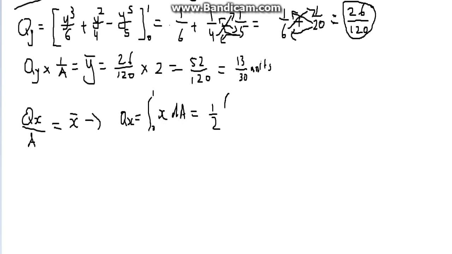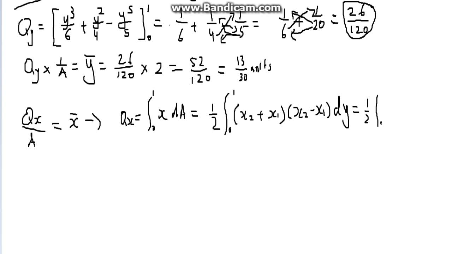Half outside, you're allowed to take constants out, guys, don't forget. x2 plus x1, close brackets. dA, what's dA, guys? x2 subtracts x1, whole thing, dy. A half, quick math, guys, we don't want to run through this too much longer. x2 squared subtracts x1 squared dy,